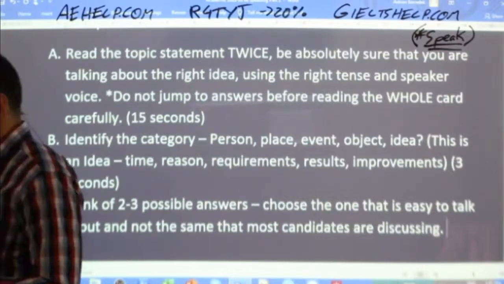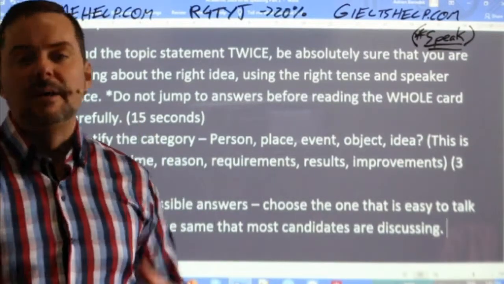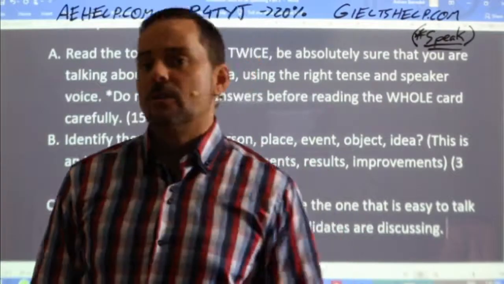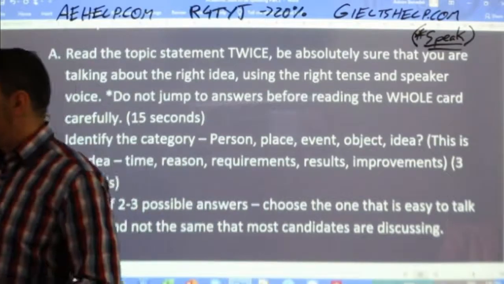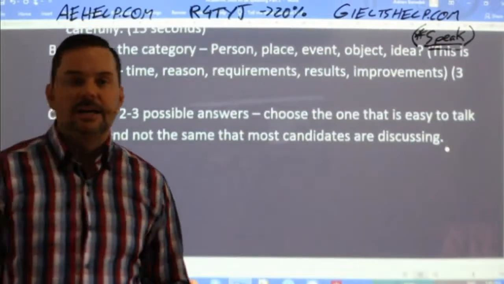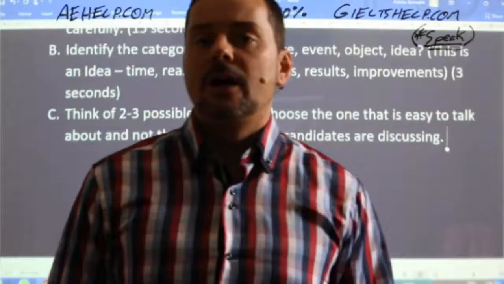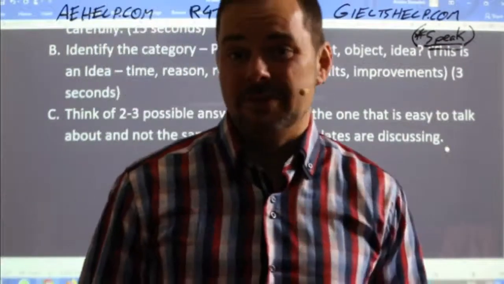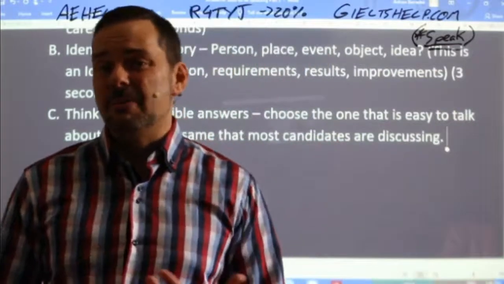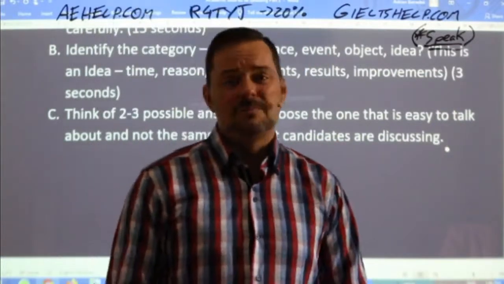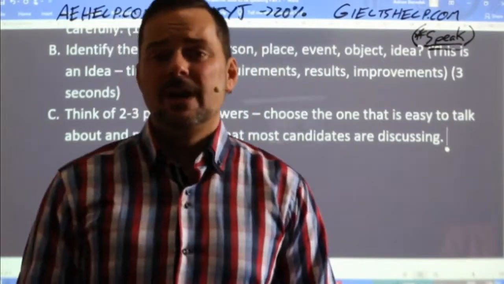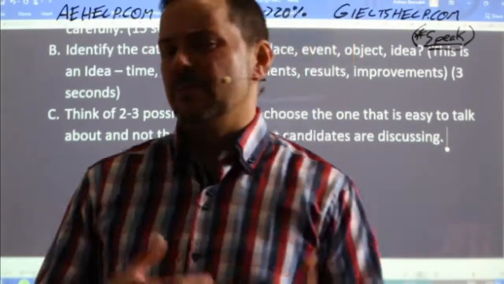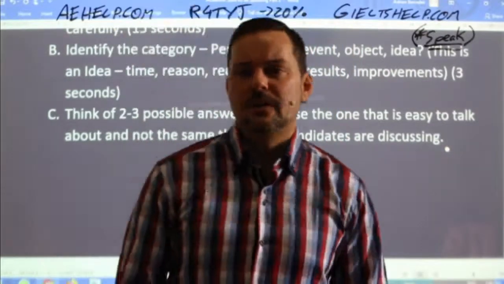Okay, so try to think of an idea that, you know, the 5 people before you in the exam weren't talking about and the next 5 people aren't going to talk about. So for example, in this case, I probably wouldn't talk about an idea to improve the relationship between my wife and I or something like that. That's very common. Okay, so I would try to think about something a little bit more unique because probably a lot of students for this part 2 are going to think about an idea like going for walks with my wife or going for walks with my girlfriend. So that would be a very popular idea. Okay, so